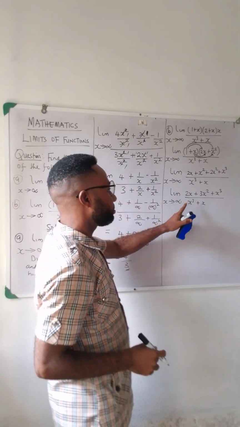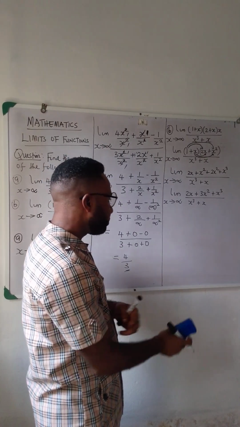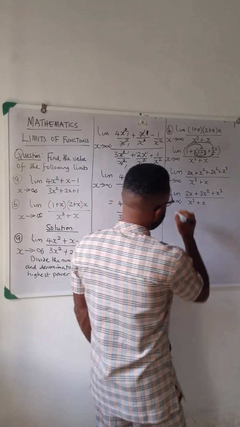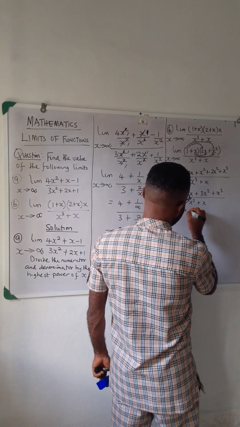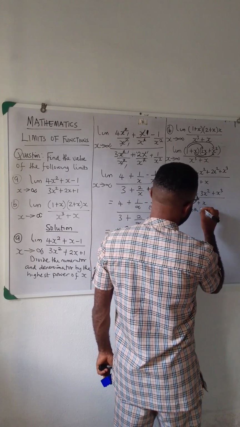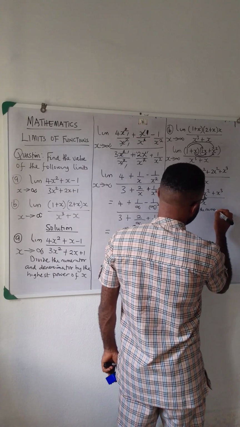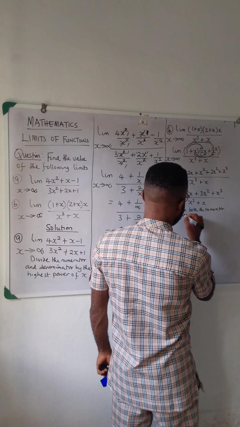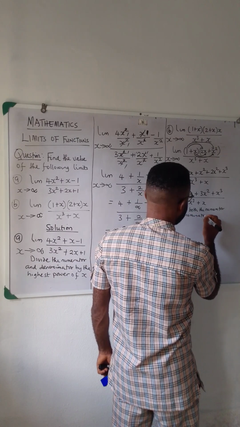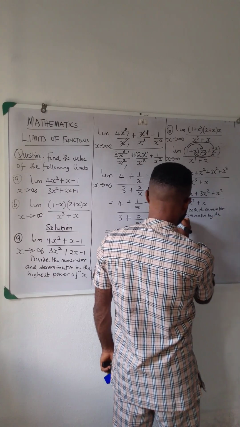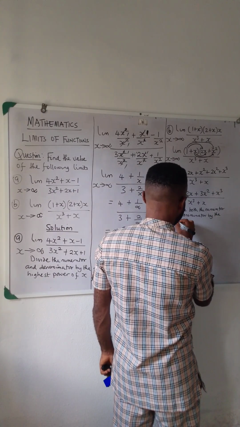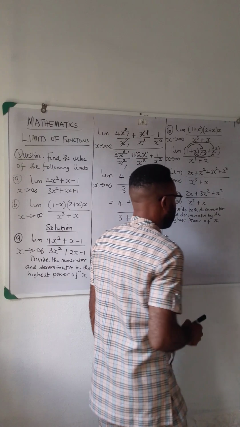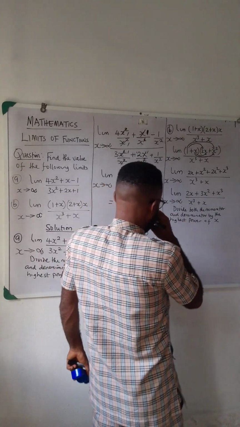Now at this point, we can divide both the numerator and denominator by the highest power of x. So if we implement that, we are going to have